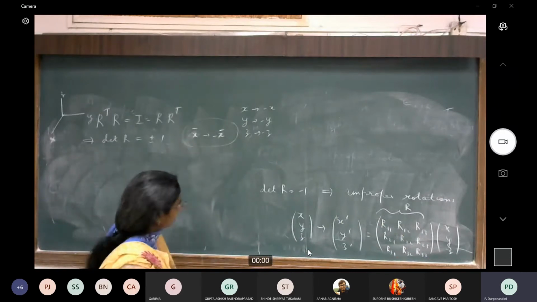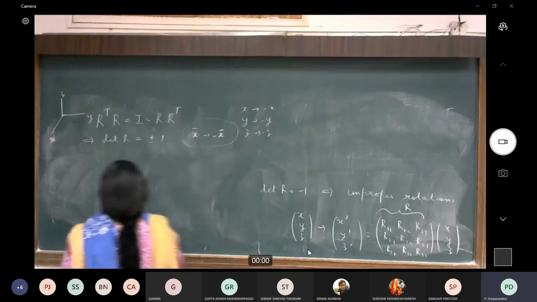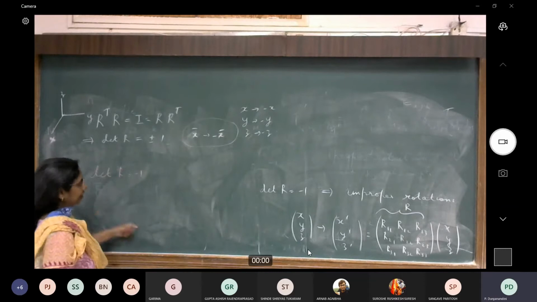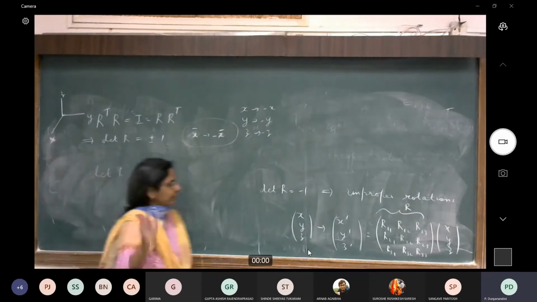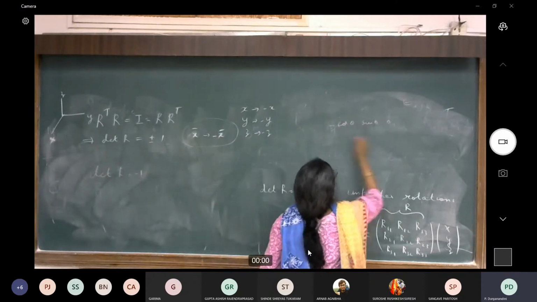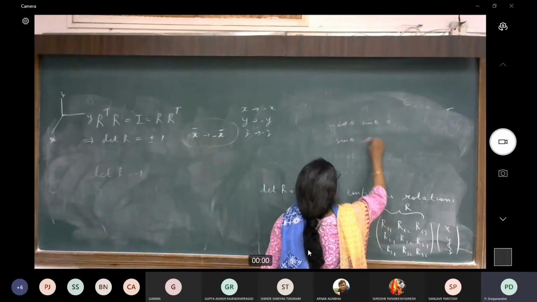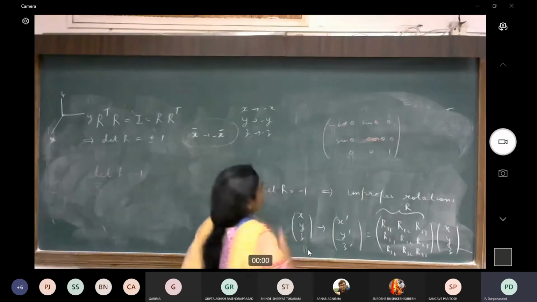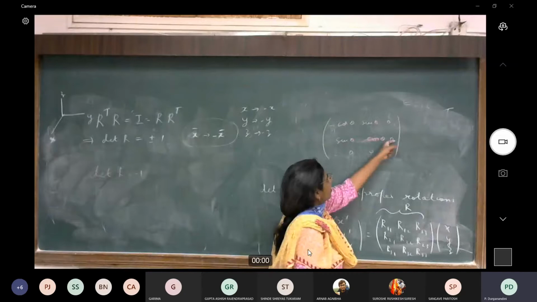In fact, you can show that the most general form, for determinant of R equal to -1, is that I can take this -1, -1, -1 times any rotation matrix. See, the one which you showed me earlier, minus cos theta, sin theta, 0; sin theta, minus cos theta, 0; 0, 0, 1, is really nothing but the diagonal matrix -1, 1, 1 times a rotation matrix,